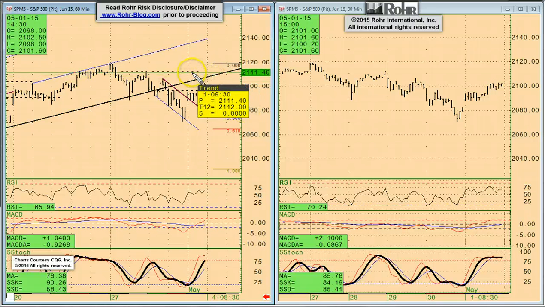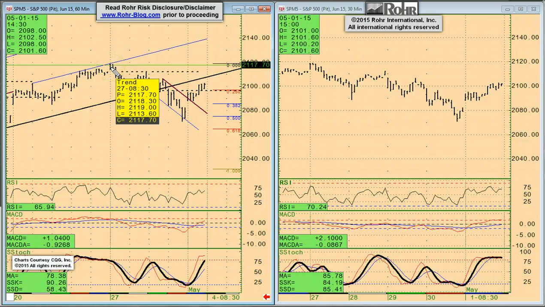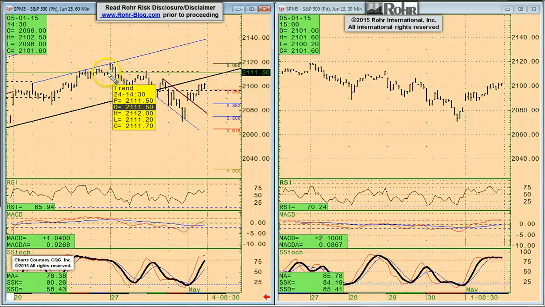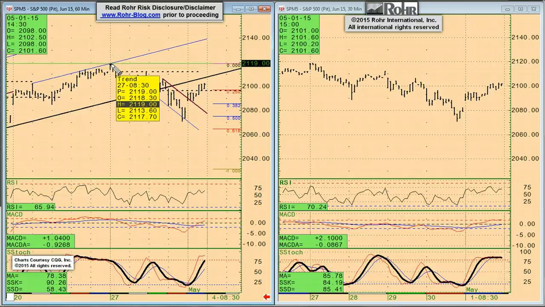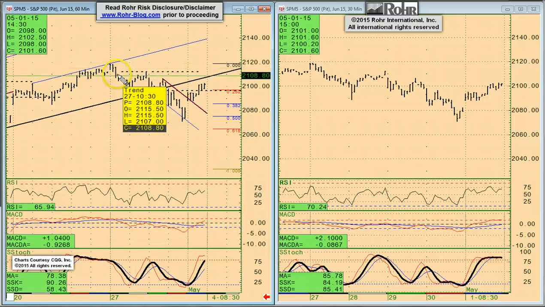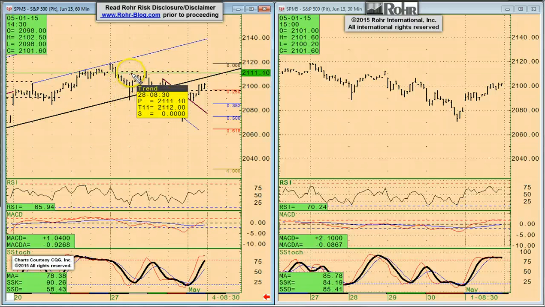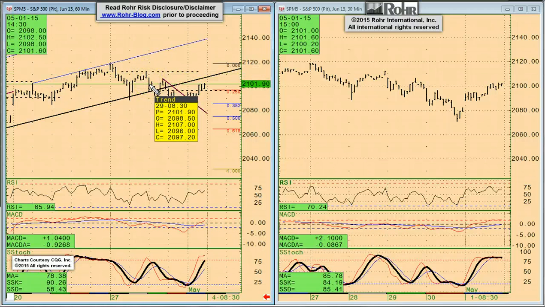But it's also getting back up toward the one key topping indication, which goes back to actually last Monday on the 27th, when it made a new high heading up from the previous Friday's close at 2111.70, but ended up, after only making a new all-time high by a couple of dollars above 2117 area, it ended up lower on the day. That was a reversal from what we're calling the 2112 area. And on Tuesday's recovery got right to 2112 before it was really hit by that very much weaker